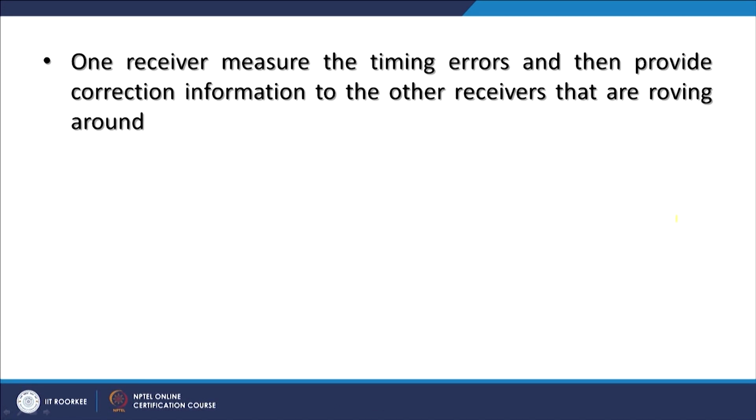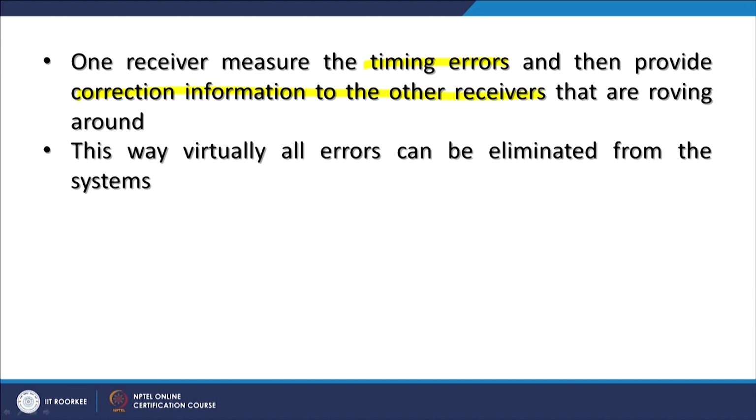And one receiver measures the timing errors and then provides correction information to the other. So, the timing errors are measured or recorded by the base station, and it provides the correction information to the other receivers that are roving in the field. And this way virtually all errors can be eliminated from the systems, assuming, again I am repeating, assuming that both